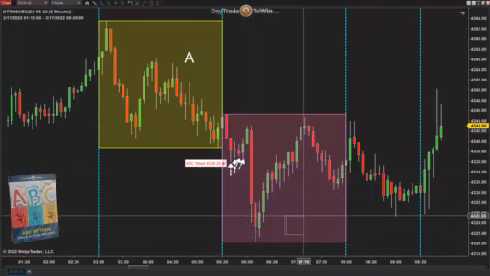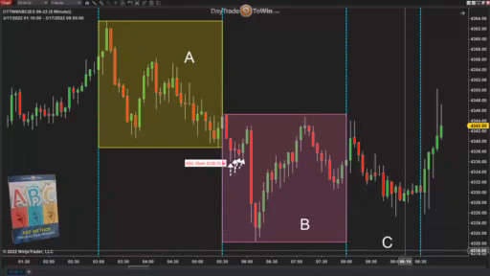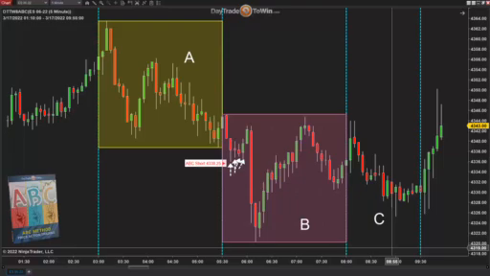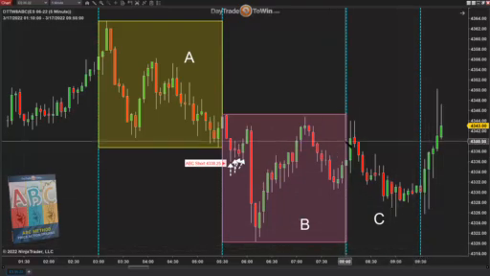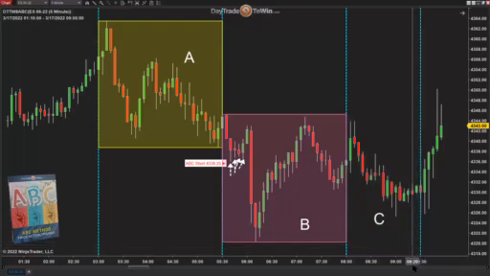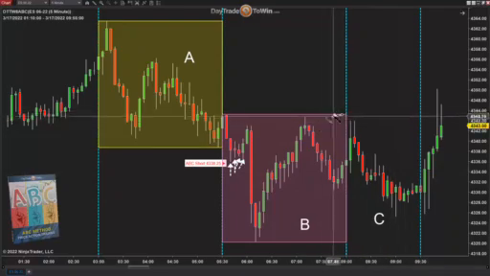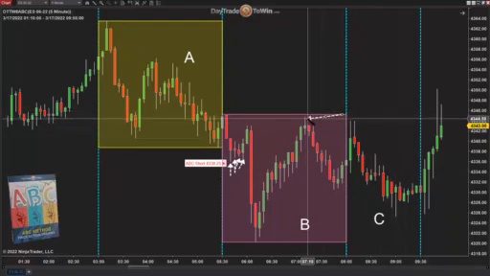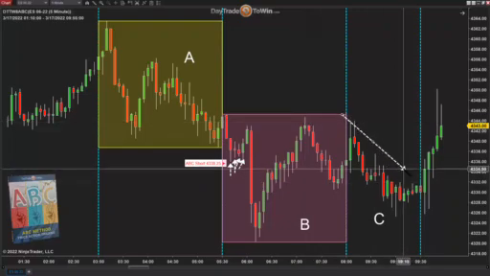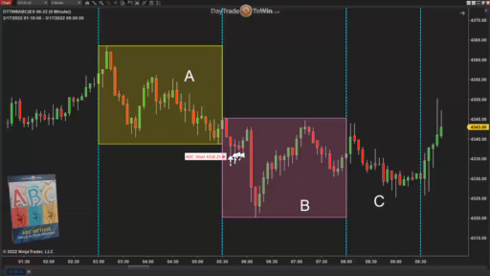So this is the B part of the day, and this is the C part of the day. And again, late day rally, late day sell-off. As we get into the beginning of the US session, nothing happened. The market got contained within the support and resistance of the B part of the day. So there's really nothing here that we can look at as far as a rally or a sell-off. Maybe you can look at this as a double top here, meaning it hit, or tried to hit at least, the resistance of B and then reversed. You can look at that as well. But ideally, we want to see what type of day it is and what I can do with it.